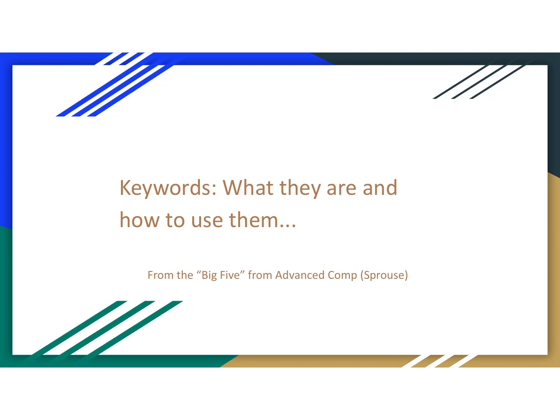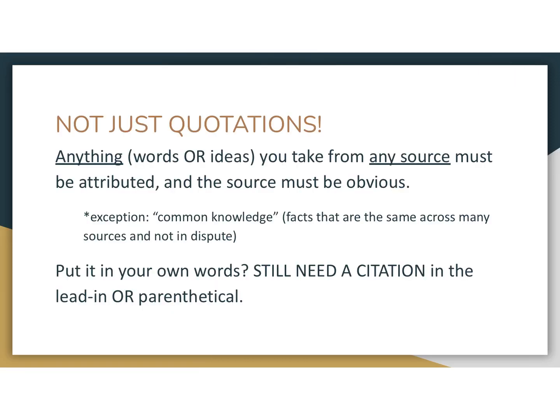What we call keywords are a really critical aspect of MLA citation because it essentially tells the audience what source this particular piece of information comes from. So recognize first that when we're citing, we are not just citing quotations, we're citing anything that comes from any other author, whether it's a specific set of words, or if we've changed the words and we're using the idea, it could be a general idea that we've taken from an entire text that we want to bring in,